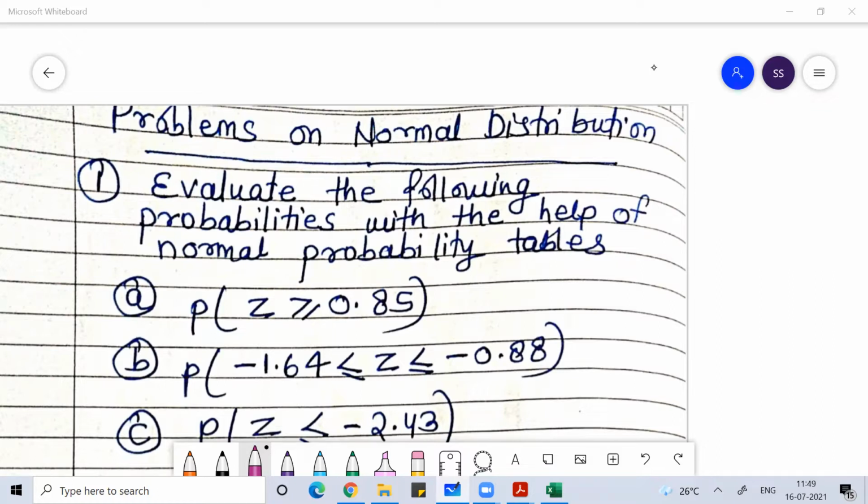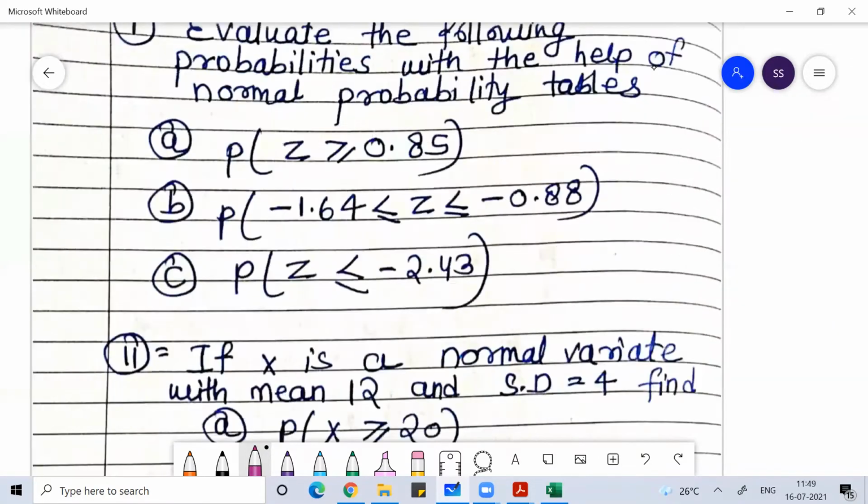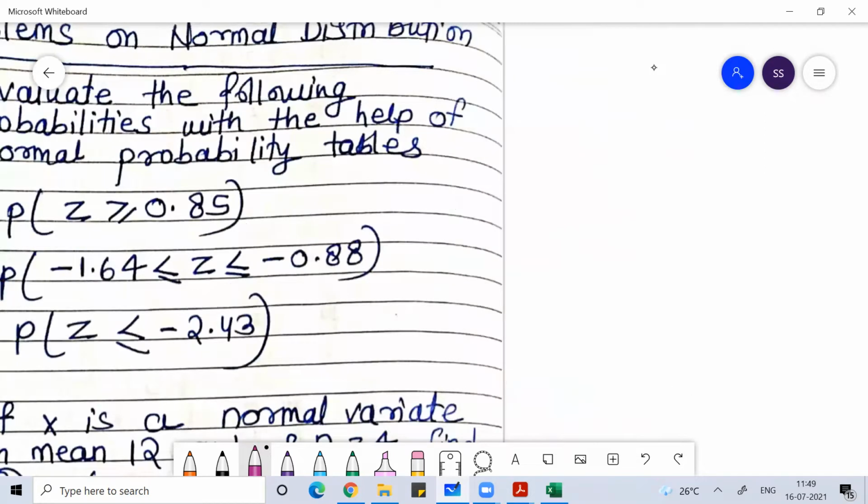So, in the last class also we were discussing the problems of normal distribution, which is a continuous distribution curve, and how to calculate the probability under the normal distribution curve that we have been learning for the last 2-3 days. So you remember, right, how to calculate the probability.